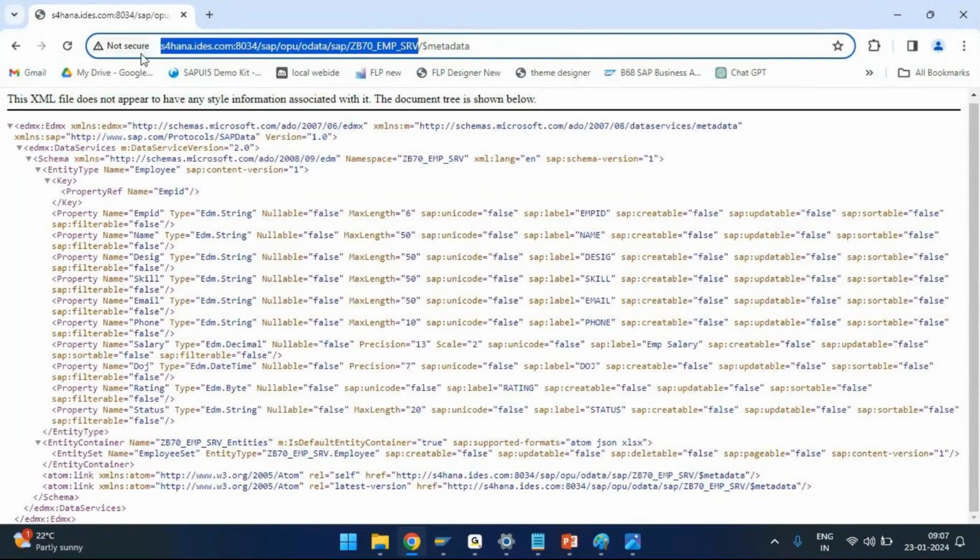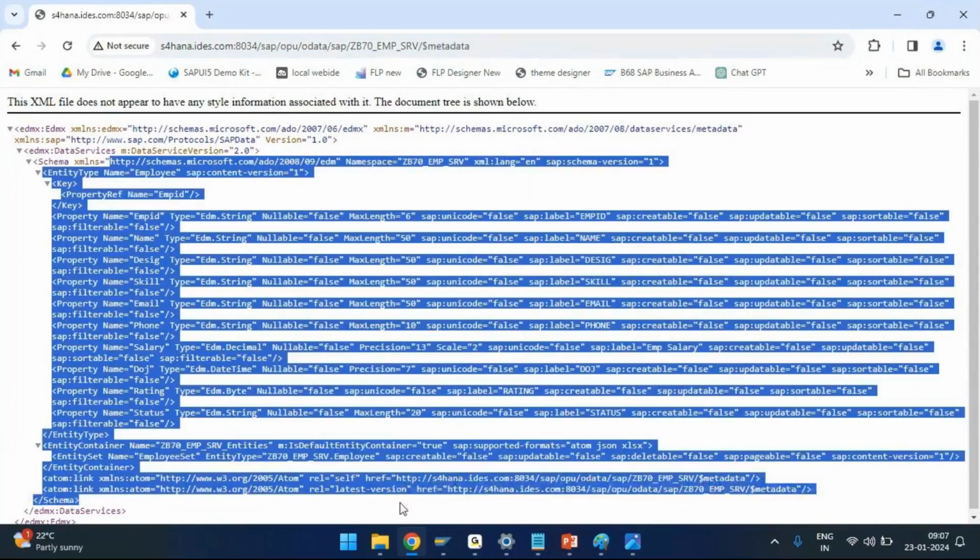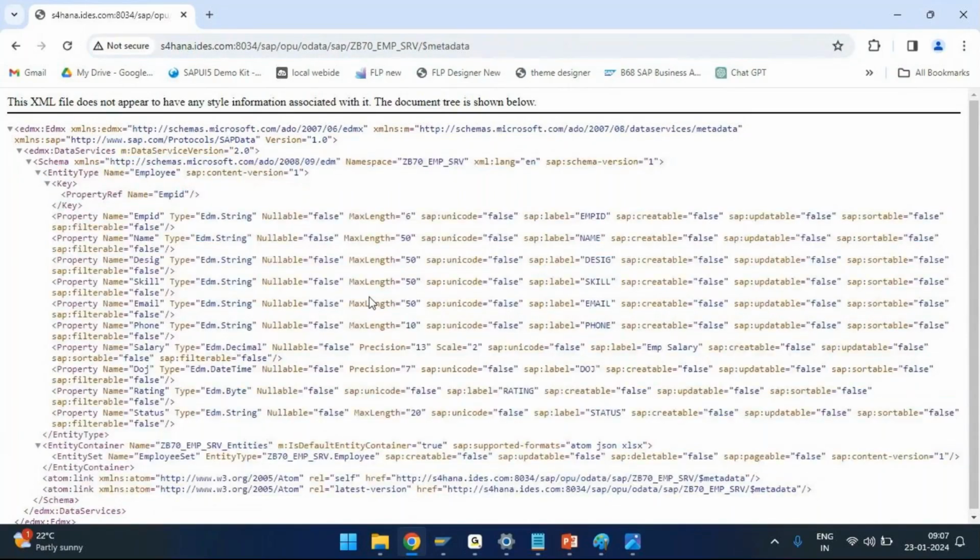Now, what you need to do is hit this service and add the dollar metadata to the URL. Now, this document will come. You need to understand this document. Now, what this document is saying,